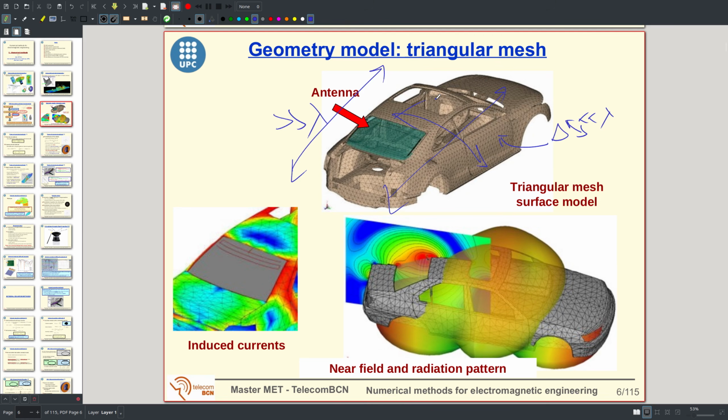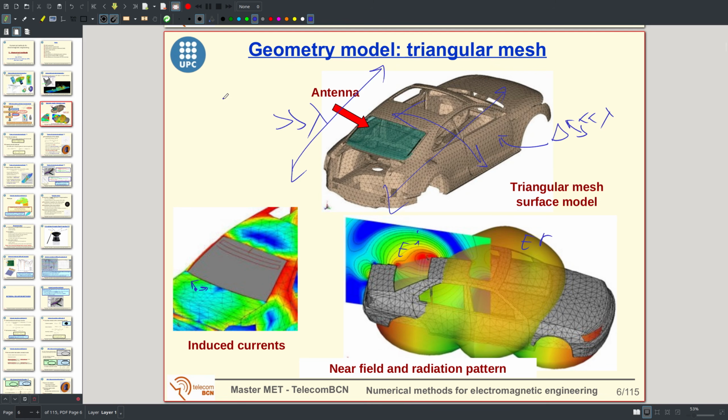So once you have the current, you remember that you compute the current for each triangle. Normally you get the two vector components of the current for each triangle. And here we have a plot of the current magnitude on the car surface. We have a plot also of the induced field here, and we have a plot also of the radiated field. This has been obtained by commercial software,